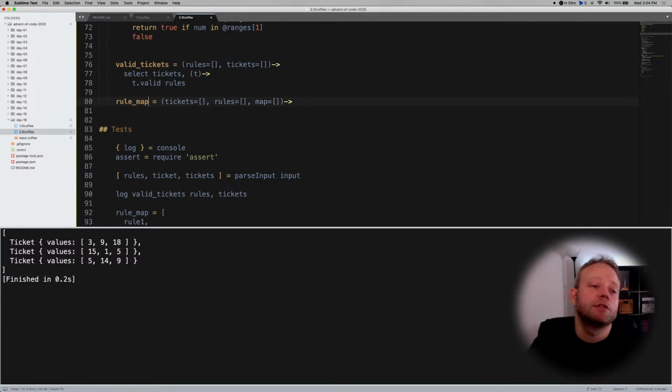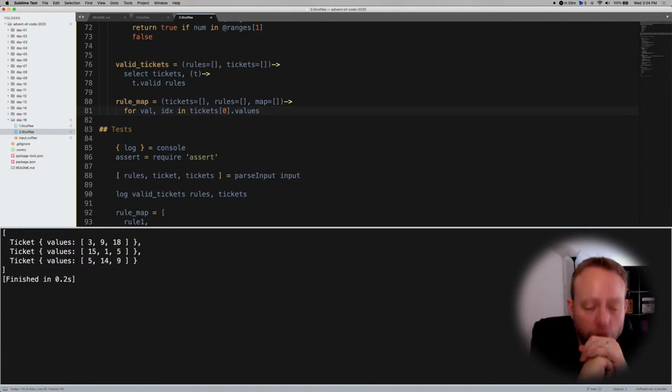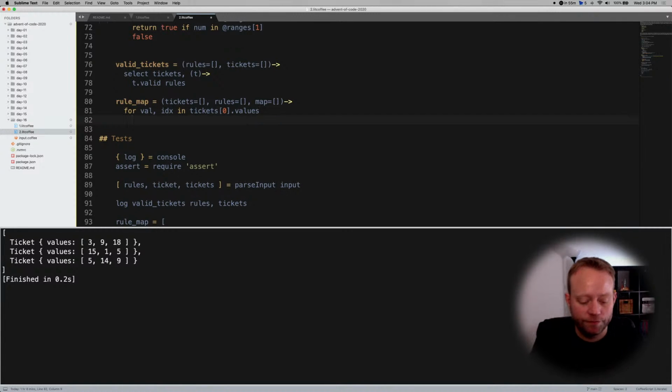I guess maybe what we should do is take the first ticket's values, for val, index in ticket values. What we want to do is find out if a rule applies to all of those. For rule in rules,